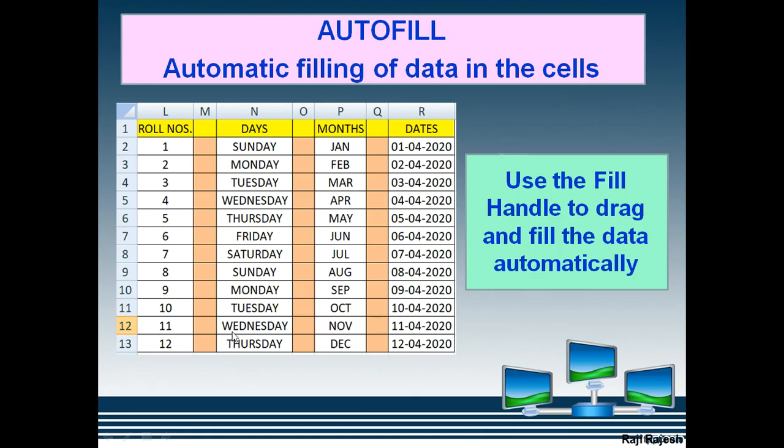Now we are going to see how to use the autofill feature of Excel. Autofill means, suppose in my Excel sheet I have roll numbers I have to fill for my class. I wouldn't be typing 1, 2, 3, 4 till 45 on my own. It's very difficult for me to type. So to make that easy, we have something called the autofill feature in Excel, which I'm going to show you how to do. The handle that we are going to use is known as the fill handle, and I will drag the data and it's going to fill it automatically.